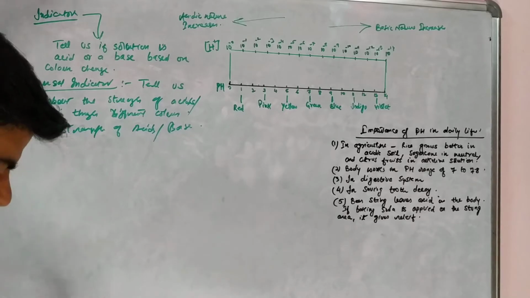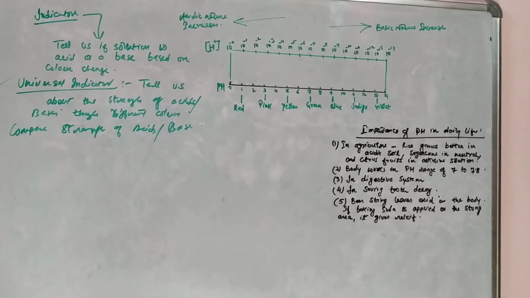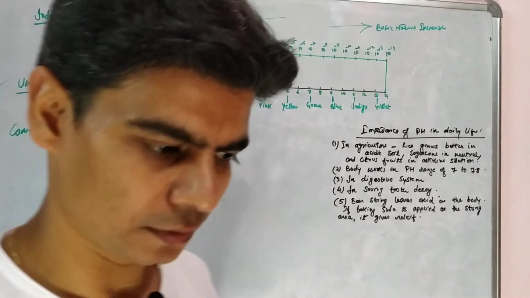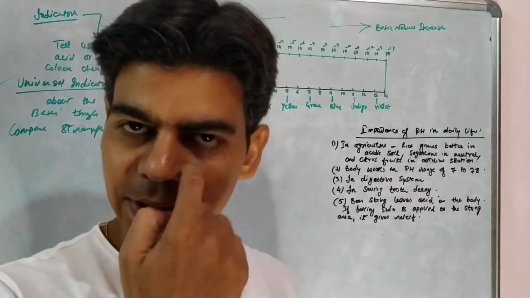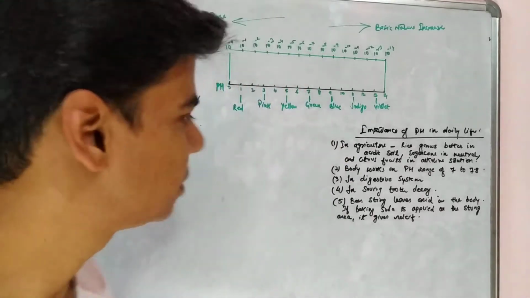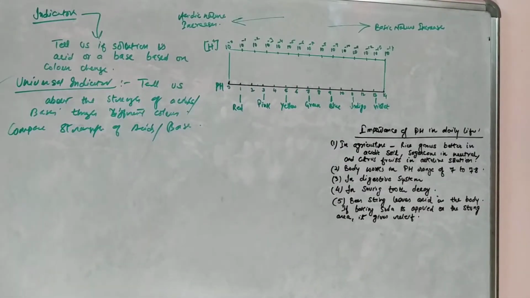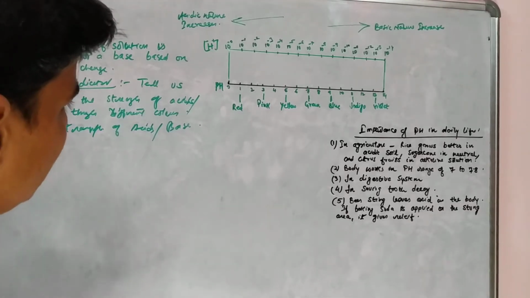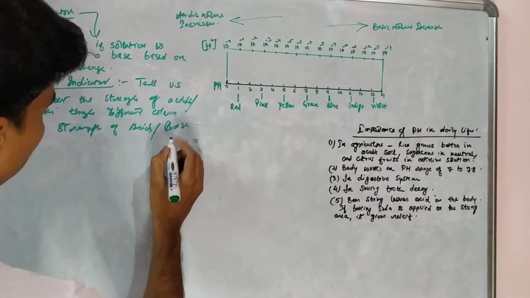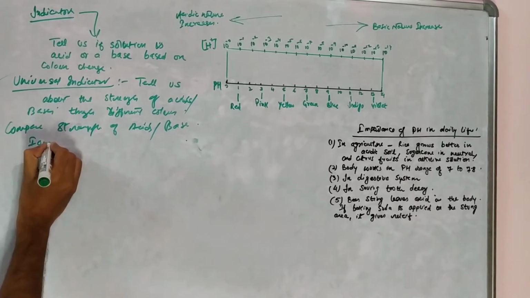So now let's see what is pH. To understand pH, we'll be doing a very small mathematical derivation. It would not be difficult, but just understand universal indicator and indicators, because we'll repeat this in the pH scale. Now before we go ahead and do the pH scale, let's understand one thing. We'll do something called the ionic product of water.